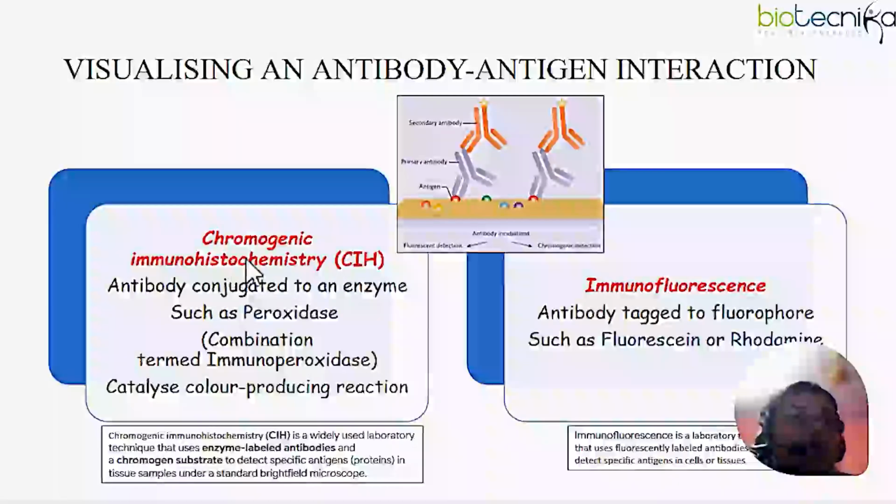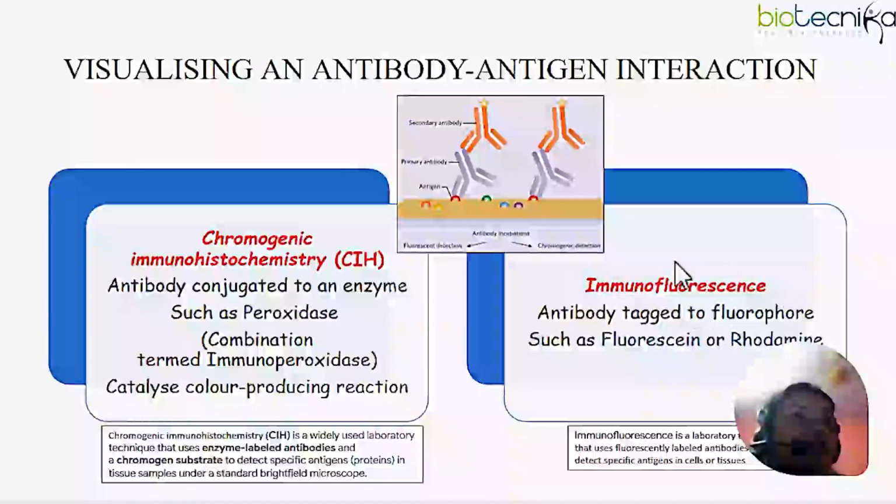If you are using any color-changing substance, for example the enzyme which we saw, where the enzyme changes your uncolored substrate into a colored product, that is known as chromogenic immunohistochemistry. Chromogenic means change in color. So we use enzymes such as peroxidase which changes your uncolored substrate into a colored product. The second type of